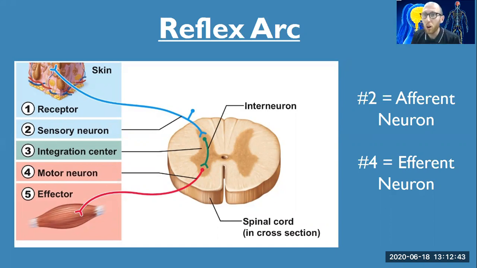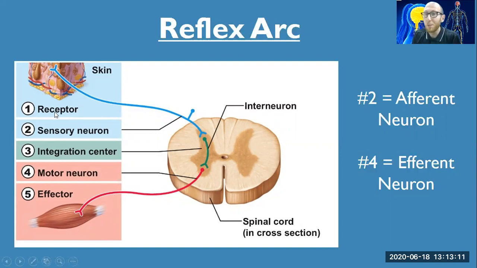That's called the withdrawal reflex. There's a YouTube video on how to draw that linked in one of the previous PowerPoints. But essentially, it talks about the 5 main parts of a reflex arc. You will want to know these 5 parts and be able to label and draw all of them on your exam. Now, when I say label and draw, I mean every single thing has to be included, including the locations